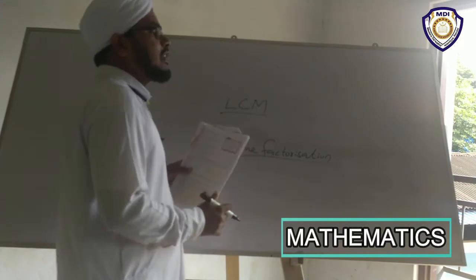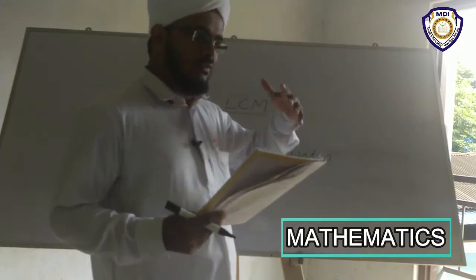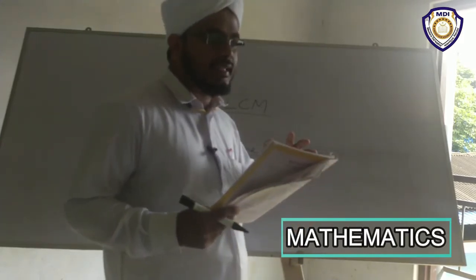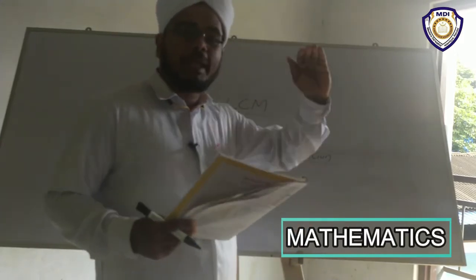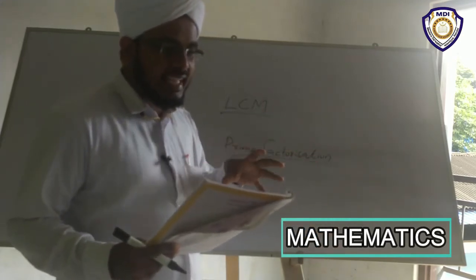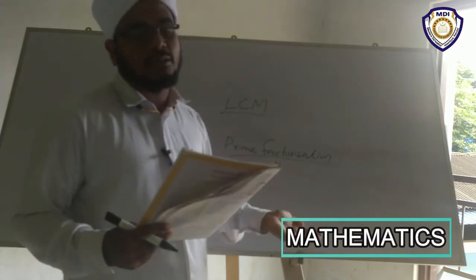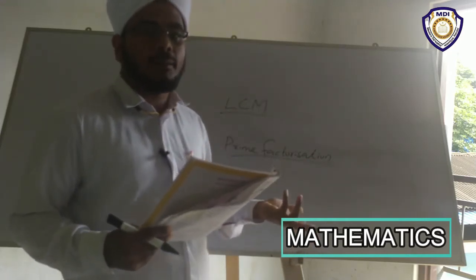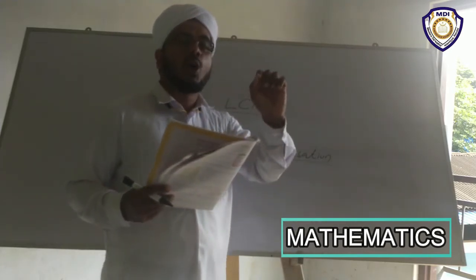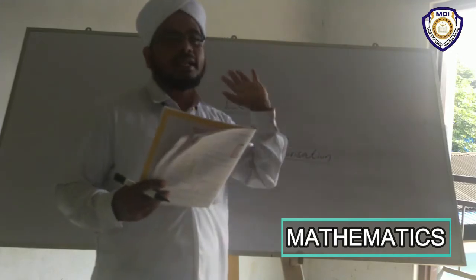Prime factorization. What does factorization mean? Yes, find out the factors of the given number. What is prime factorization? Yes, all factors should be prime numbers. We have to factorize, then at last we will get all numbers as prime numbers. What is a prime number? Yes, a prime number is a number which has only two factors, 1 and the number itself,